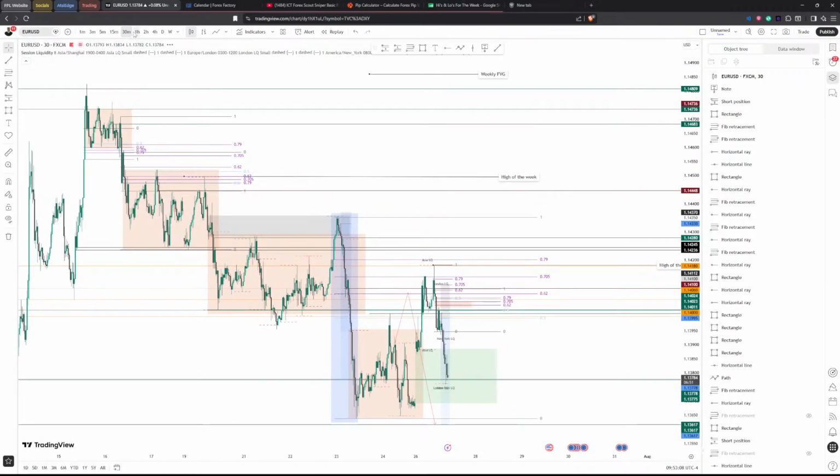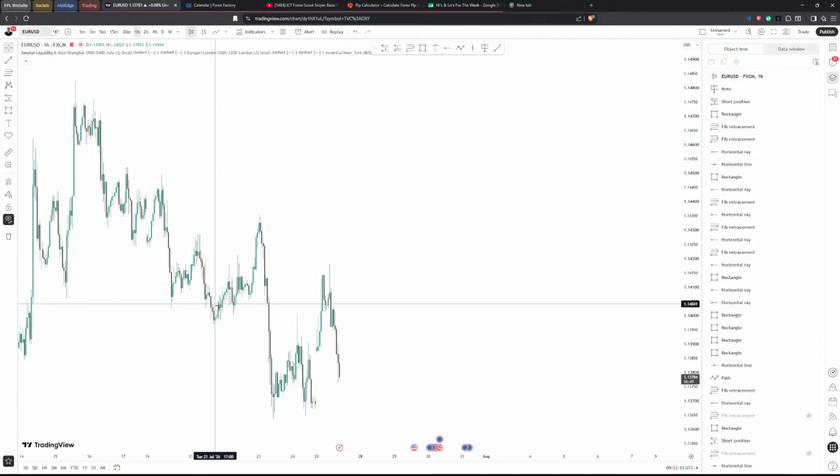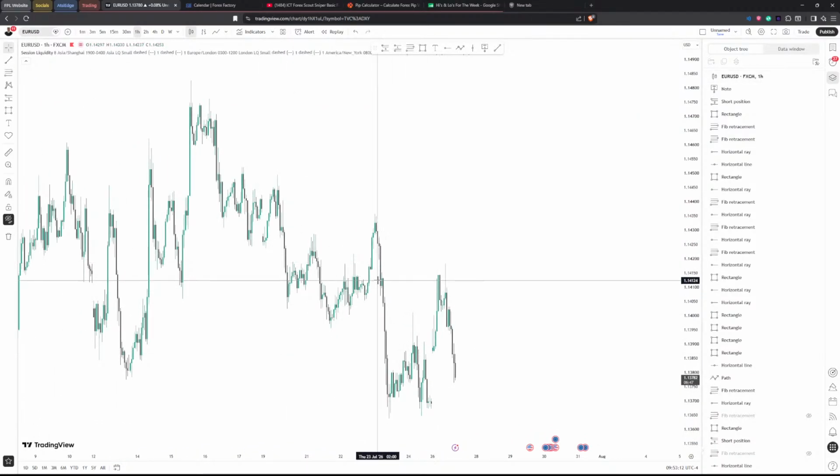The higher time frame is a lot cleaner. Get rid of the drawings. You can see here when we came up to this order block, we respected it. We didn't close above the high once; we wicked above it, but we didn't close. We closed even further below, which means institutions got in around about here. They kind of just summarized the orders.